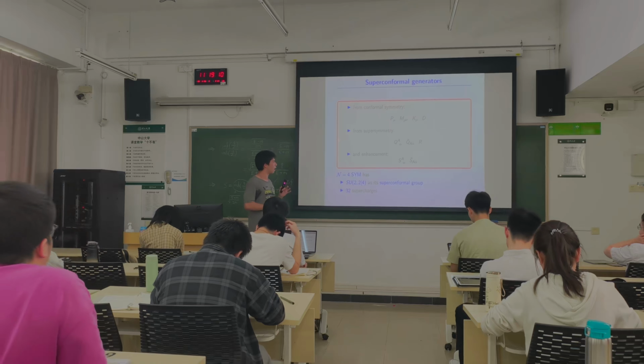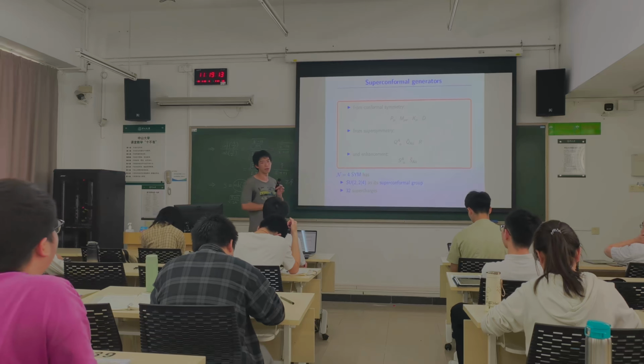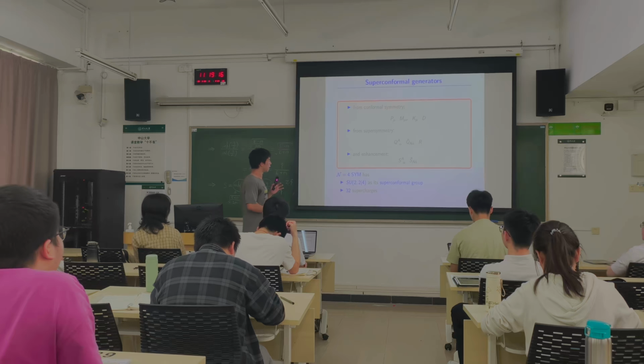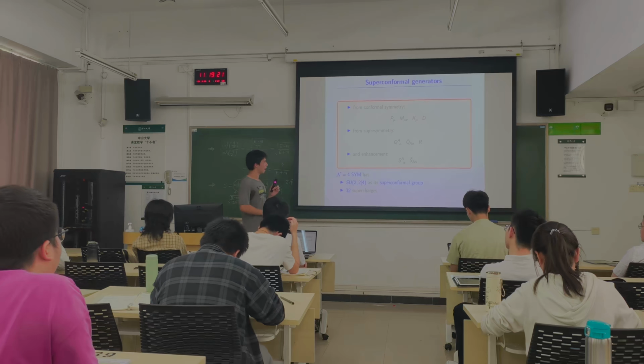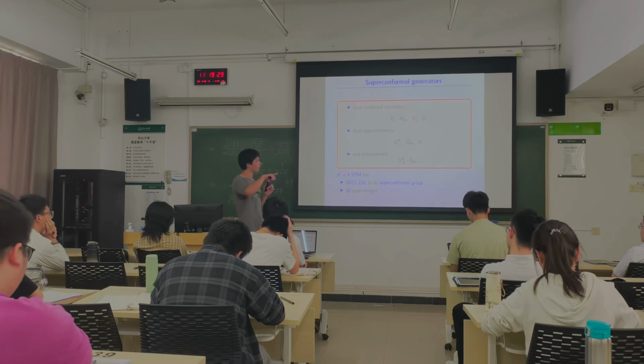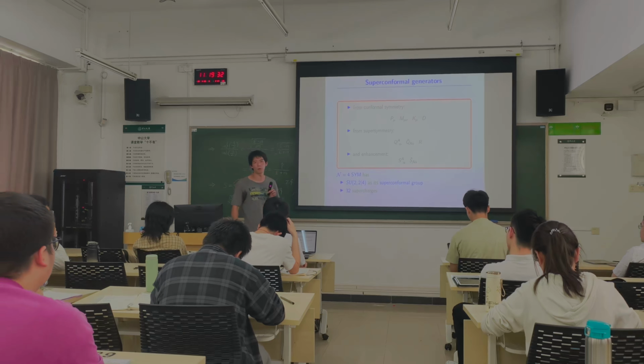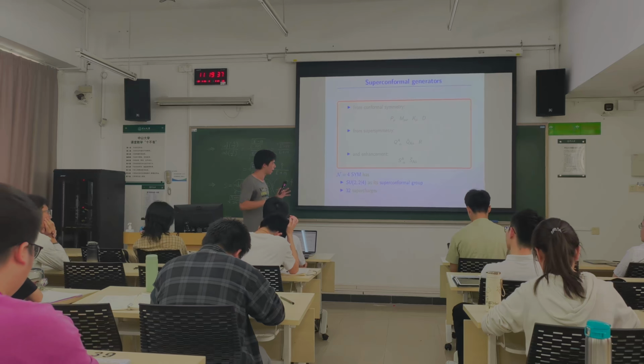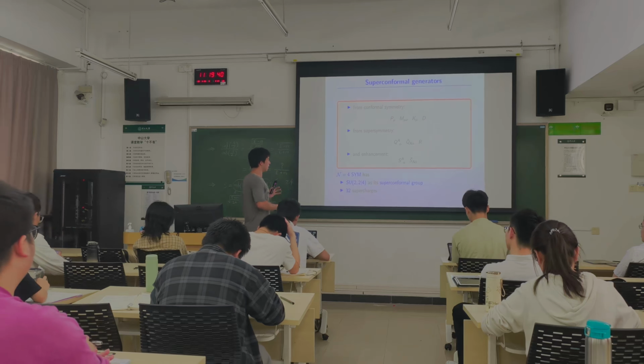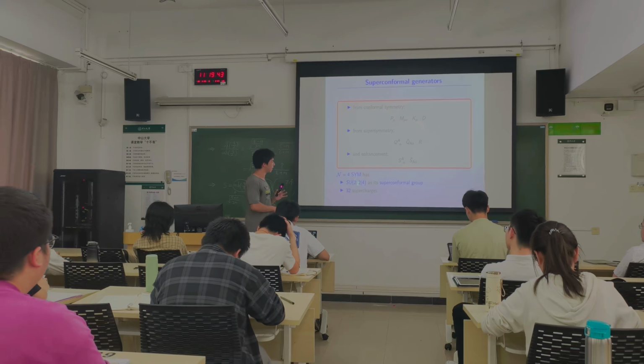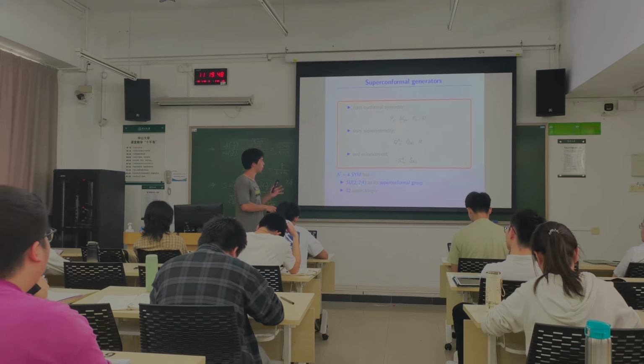Our talk will be focusing on n equals 4 super Yang-Mills, as you see from the definition of the AdS/CFT correspondence. This theory has SU(2,2|4) as its superconformal group. What does it mean? This 4 stands for SU(4) R symmetry because n equals 4. And this SU(2,2) is isomorphic to SO(2,4), which is the conformal group. So all of these have been taken into account in the past 5 minutes. This is the SO(2,4) and this is the R symmetry. So we have a new notation here for the superconformal field theory.